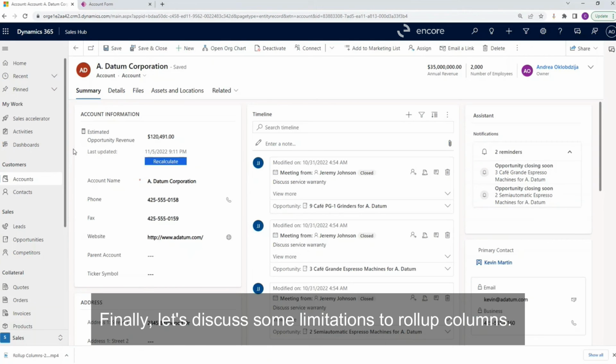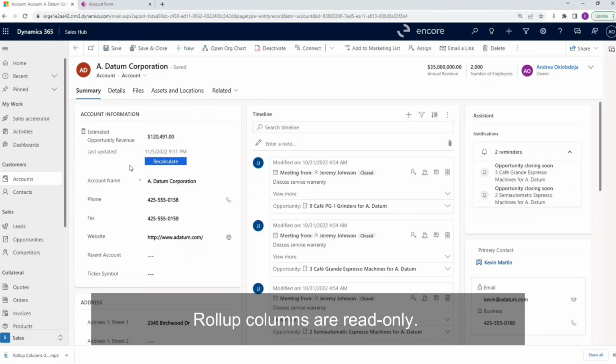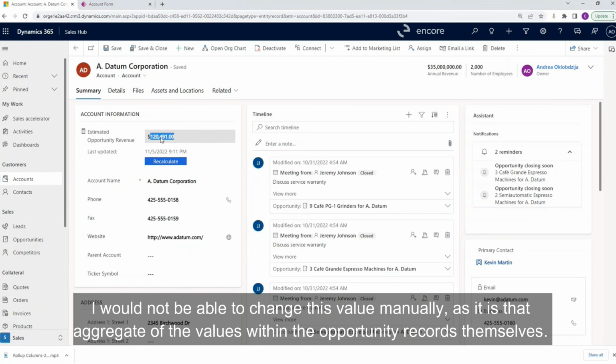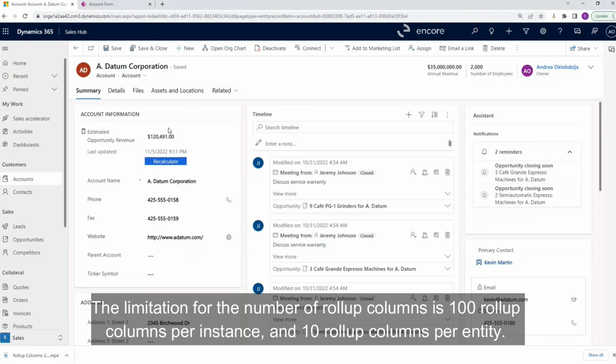Finally, let's discuss some limitations to rollup columns. Rollup columns are read only. I would not be able to change this value manually as it is that aggregate of the values within the opportunity records themselves. The limitation for the number of rollup columns is 100 rollup columns per instance and 10 rollup